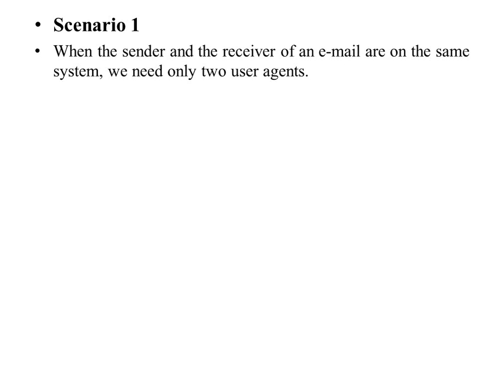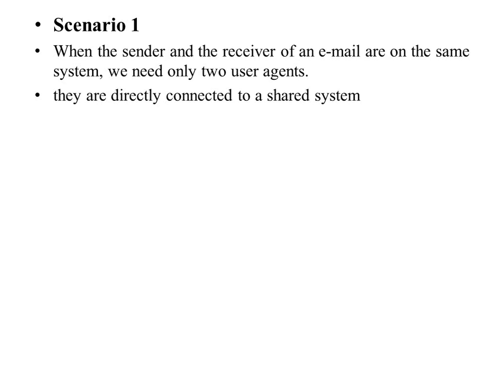When the sender and the receiver of the email are on the same system, the best example is whenever you want to send a copy to yourself. What will happen? You will require only 2 user agents. Or whenever I am sending a mail from Gmail to Gmail, you will require only 2 user agents. You will not require any other information, because this is an internal type of communication, that you may also call it as a